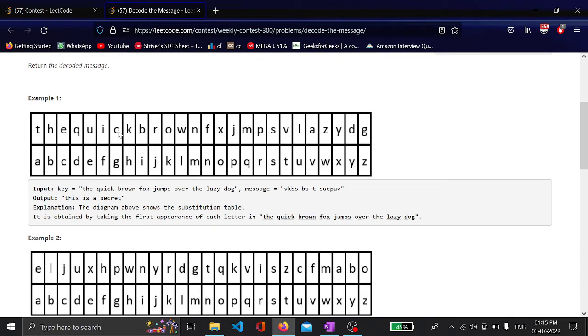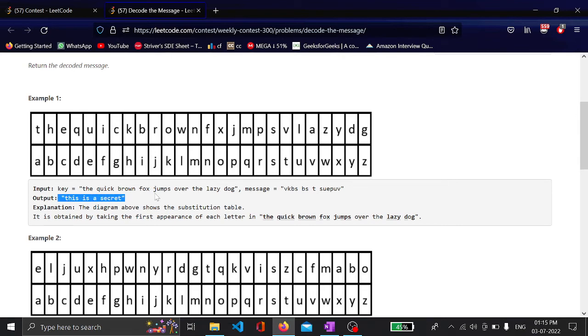U is mapped to E, so SE, and E is mapped to C, SEC, and P is mapped to R, and U is mapped to E, and V is mapped to T. You can see that V is here and it's mapped to T, and we have to return